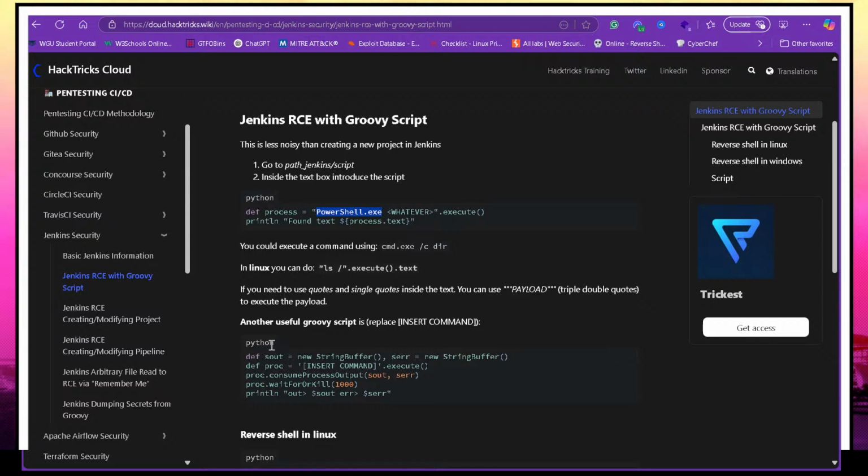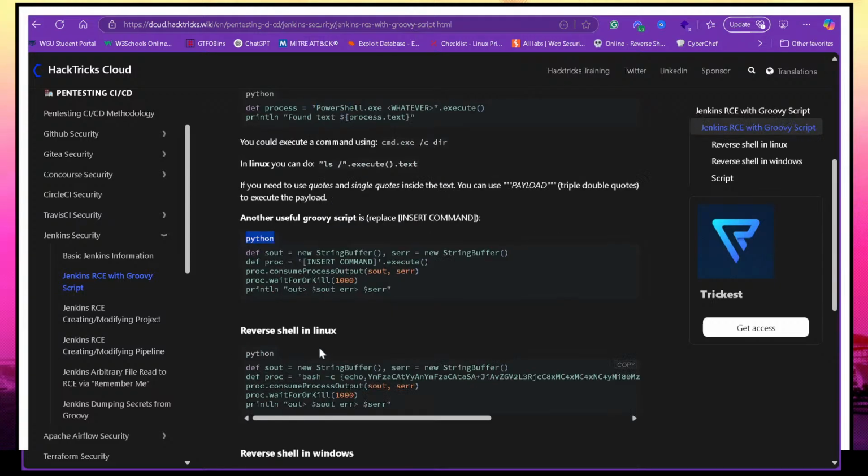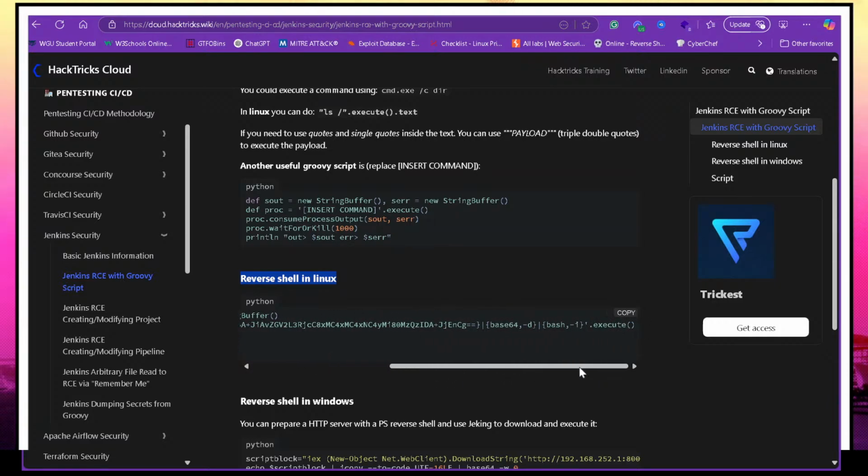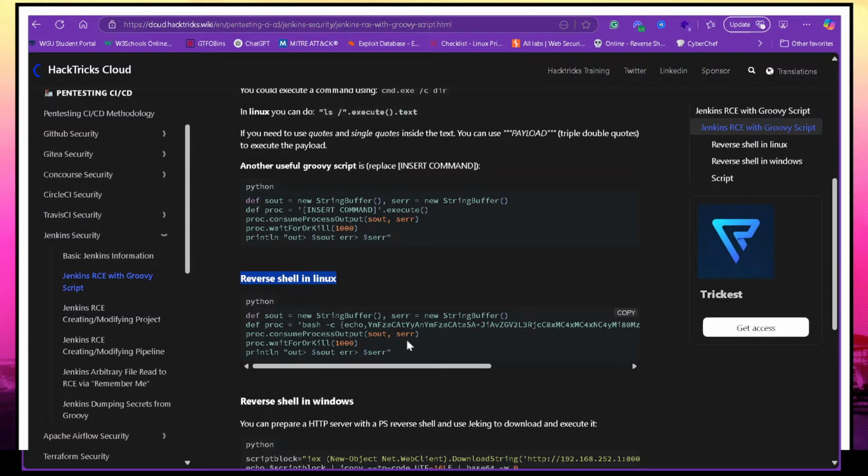I believe this, oh, this is the Python one. Oh, this is the Linux one. Okay. But yeah, so you guys can see they have all these different reverse shells. Let's see if there's something that shows where you put the actual IP address. Okay, so anyway,